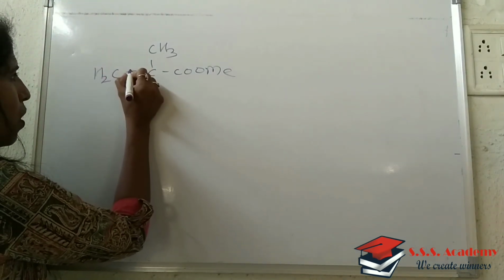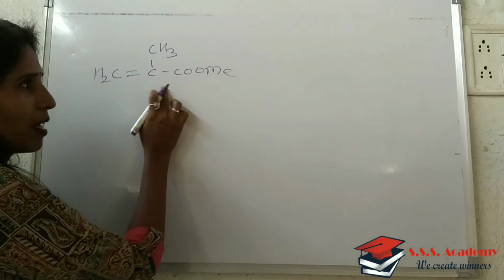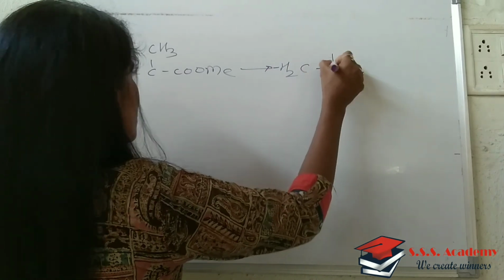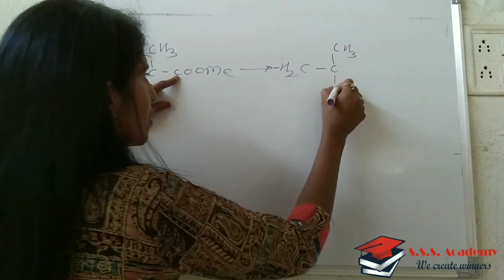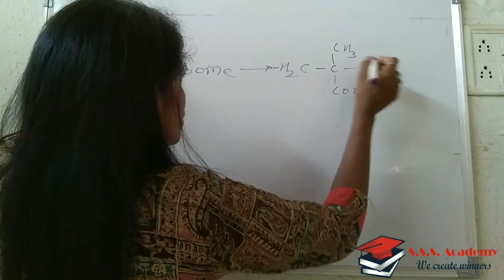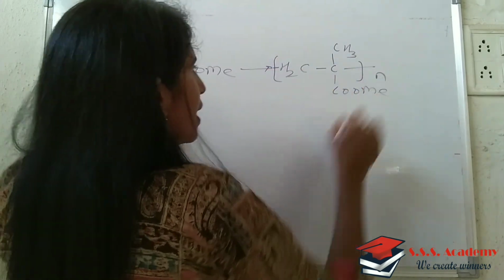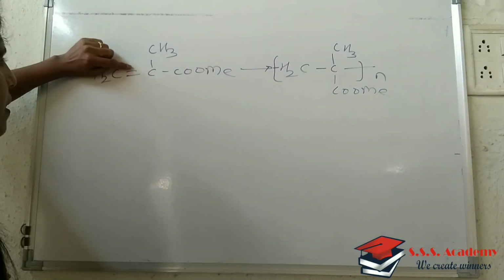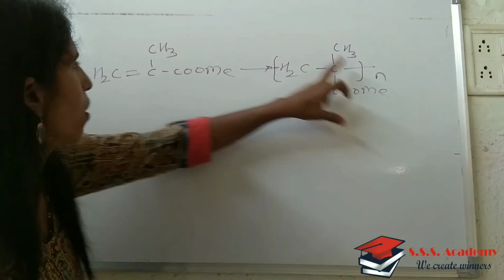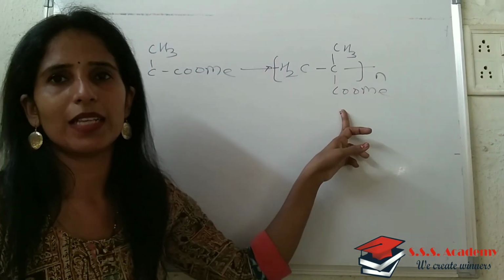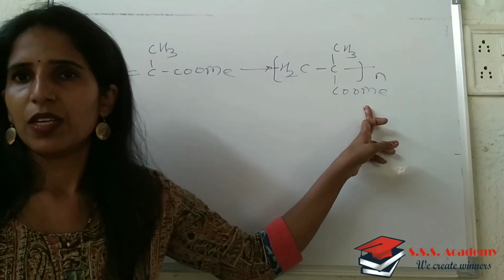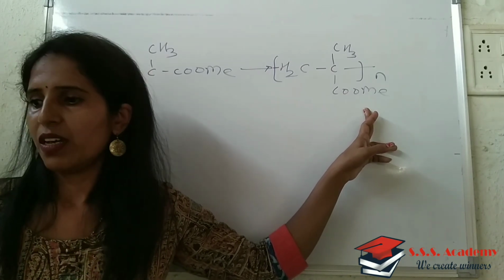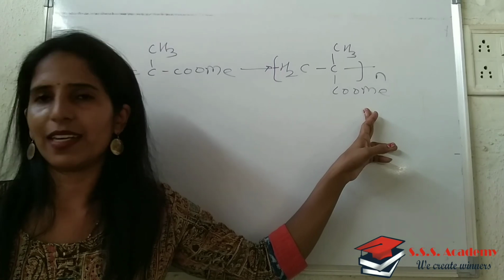See, this bond will be utilized since it's a double bond. So how should I write this? This CH2, this CH3, that ester group I will write downside, and this new bond. And this is the structure for that polymer. So what changes have I made? The newly formed bond, the CH3 as it is, this ester group as it is, and this is the polymeric structure. That polymer is utilized in making lenses, pens, security barriers, LCD screens, and shatter-resistant glass.